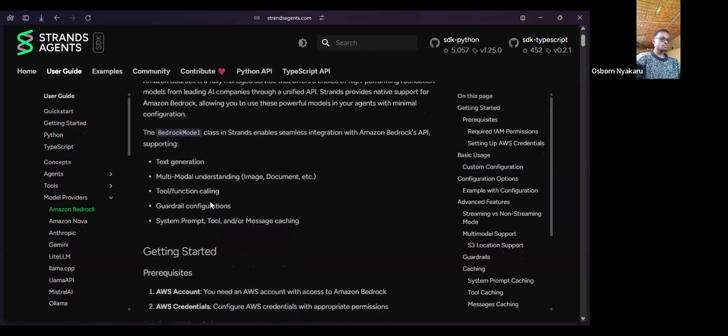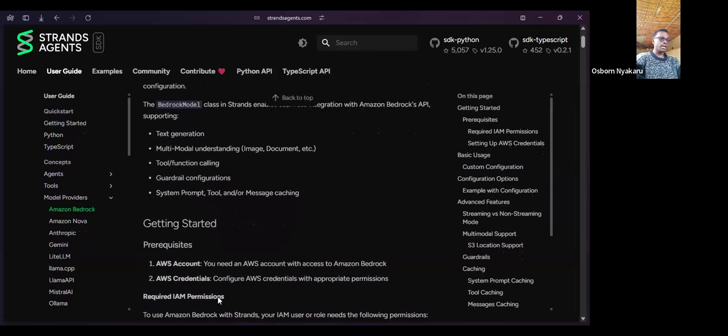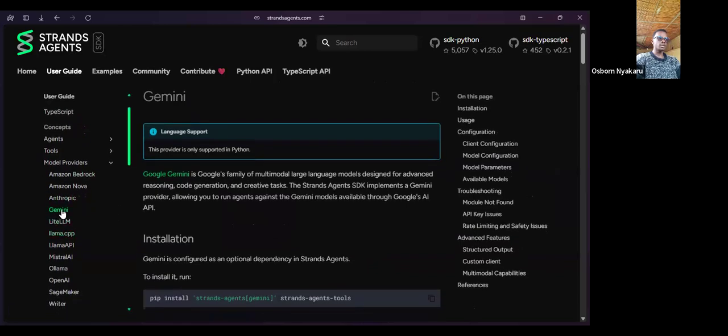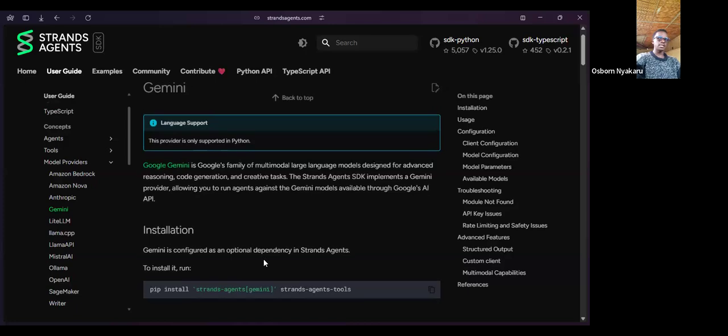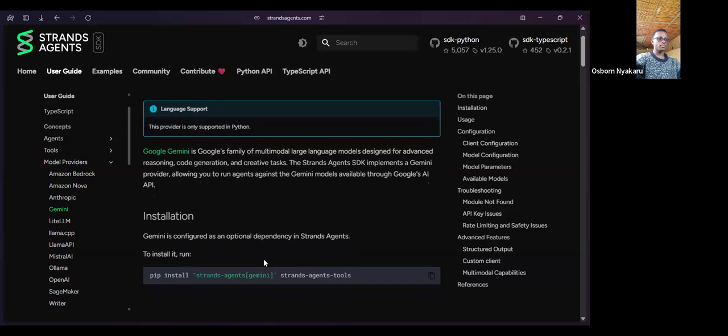So you have to have an AWS account and AWS credentials, but for a simpler option, which is for most people, I think we have access to Gemini, which is easily accessible. You do need to have a Gemini API key, which is something you can find in the Google AI Studio for you to set that up.